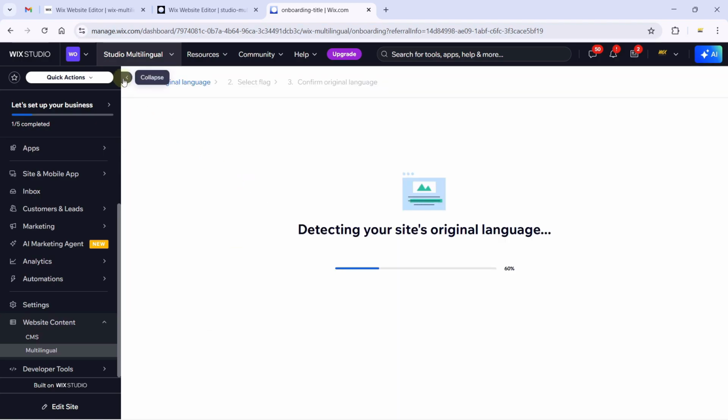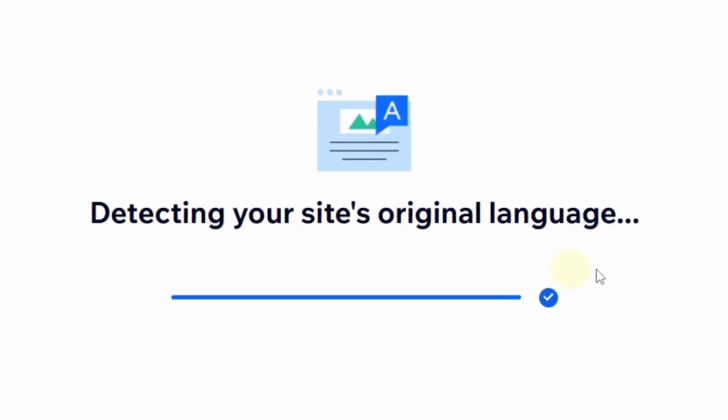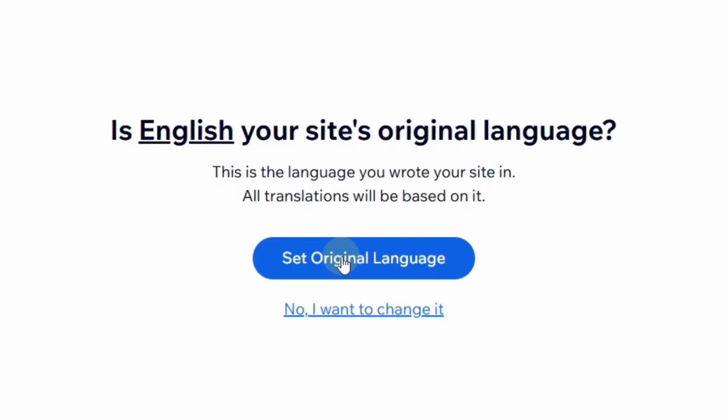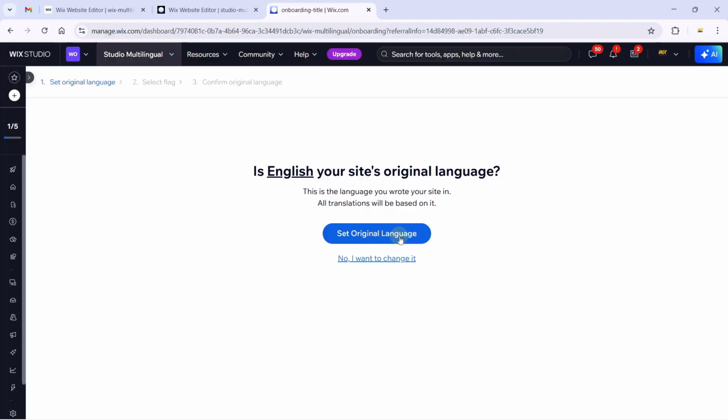So I'm going to go ahead and actually collapse our menu, and here you can see that we are detecting the language we have on our website, and English is our current language or original language on our website. And I can go ahead and change it if you want. For me, I'm going to go ahead and set this as my original language,